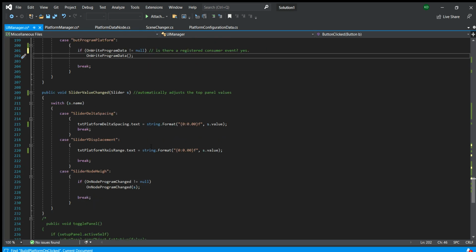Okay, so then we have slider value change. This is for the sliders that we saw earlier. So this is for the slider to change the delta space, the slider to change the y-axis, or how high it's going to go, and there's also the height, which we didn't see, but this is the height for the platform data node. It's for the programming scene. So this is basically saying, okay,